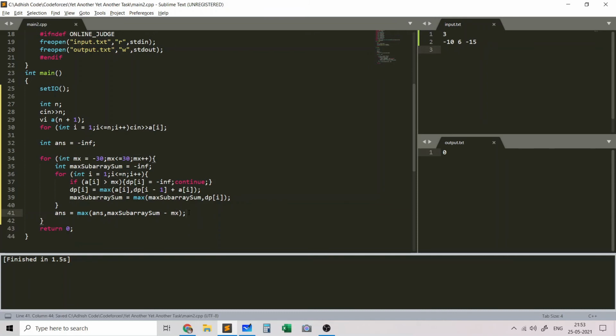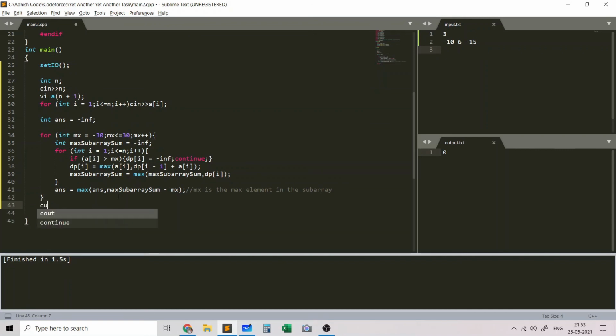So basically mx is the max element in a subarray. So now that we have computed the value of answer, we'll just write the answer to the output.